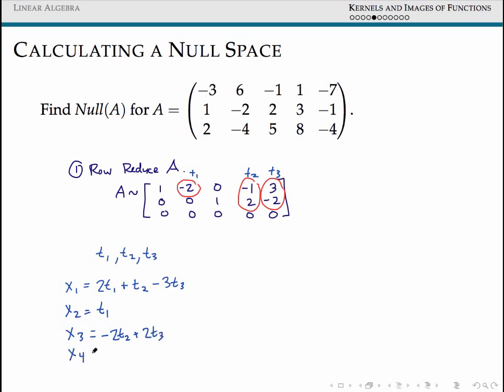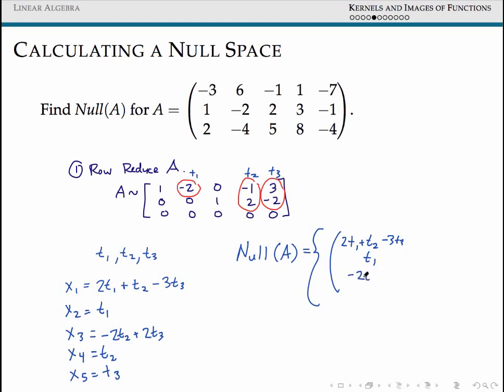X4 is a free variable, so that's t2, and x5 is t3. So every element inside our null space will be of the form: null of A looks like vectors of the form (2t1 + t2 - 3t3, t1, -2t2 + 2t3, t2, t3),